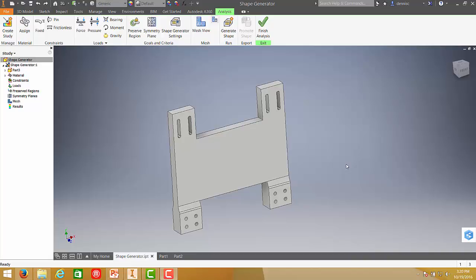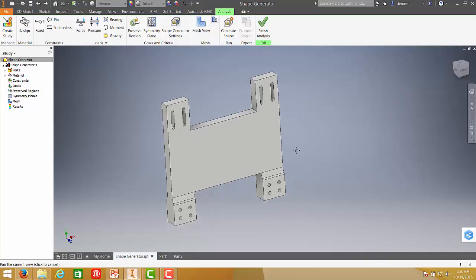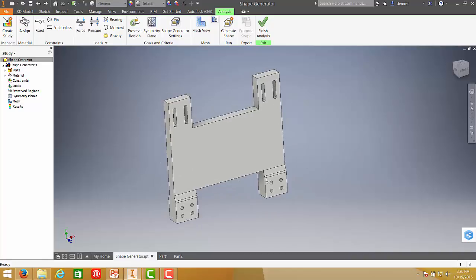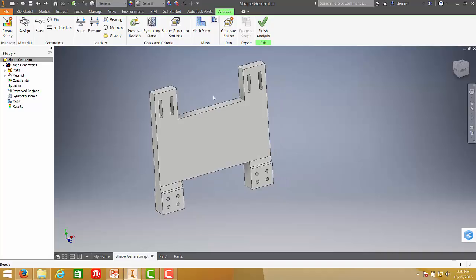Another interesting design enhancement in Autodesk Inventor 2017 is the shape generator. With shape generator, you could optimize your design to lessen the time and material consumption in producing a certain component or part. So for example, I have this frame and I'd like to optimize my design. So to start with,